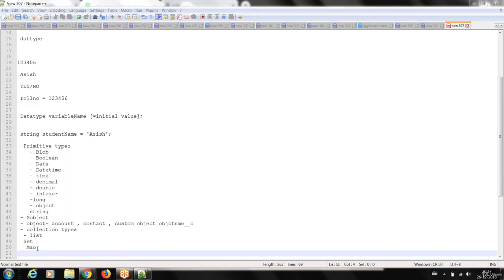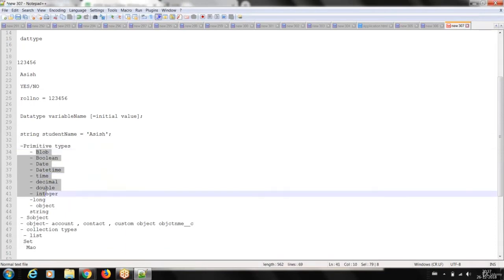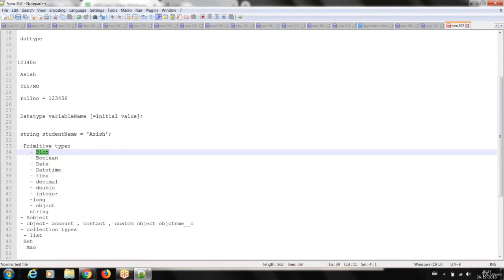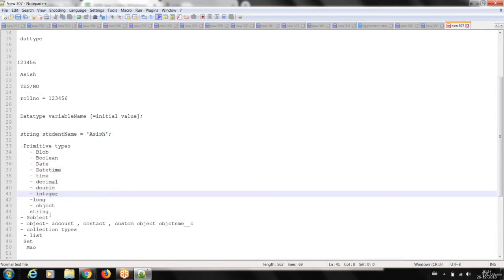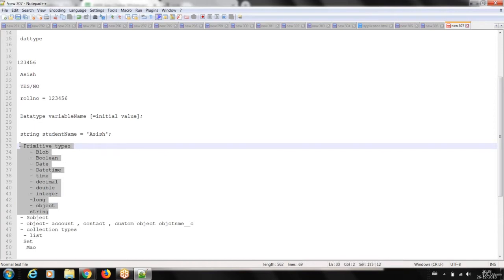You have to store them in some variable. Okay, that variable has to be declared. We have to define the type of that. So whenever you need that, first you define what type of data you want to store, then the variable name. If you want to store string data type, then string variable name and so on. Okay, so S object I will tell you at the end of these data type classes.